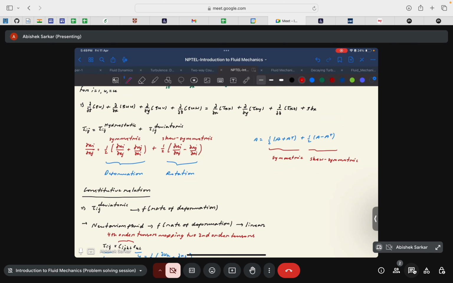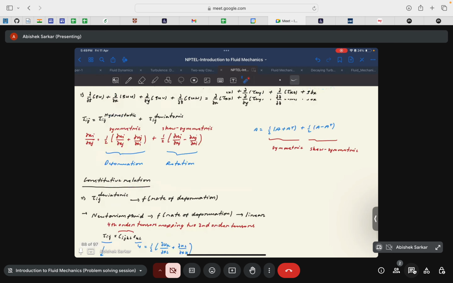First is the fluid deformation tensor and the rotation tensor. Okay, this is basically the vorticity tensor. So you can represent these velocity gradients or the strain rate tensors as the sum of the deformation tensor and the rotation tensor. Okay,